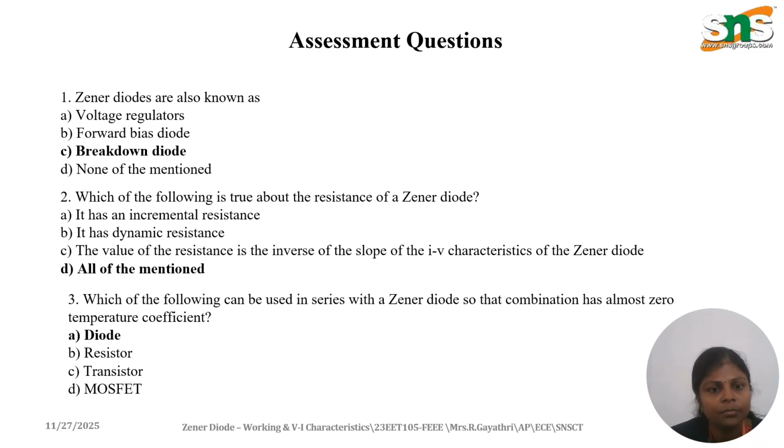Then the second question: which of the following is true about the resistance of the Zener diode? The Zener diode has incremental high resistance and dynamic resistance also, and the value of resistance will be inverse. Then all the options are correct in the case of Zener diode resistance. And the third one: which of the following can be used in series with the Zener diode so that the combination has almost zero temperature coefficient? Obviously, a diode acting as